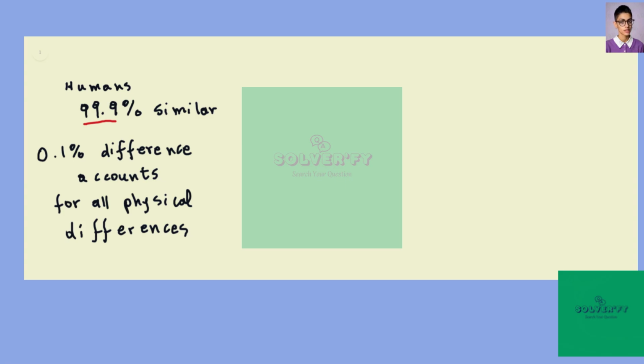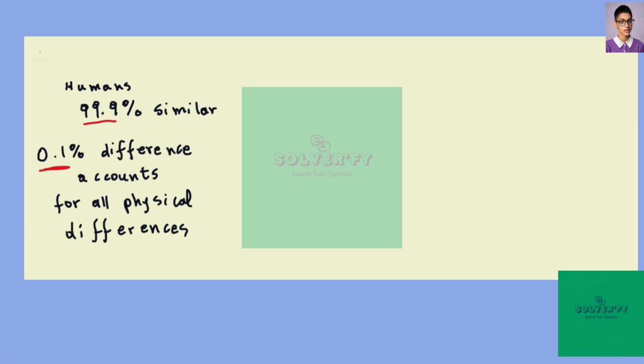have an identical sequence. That means that a difference of 0.1% accounts for all the physical differences in humans, be it eye color, height, metabolism, anything that you can measure and that is under genetic control is accounted for by a 0.1% difference. Now, you want enough difference in the genes of different people to have genetic variety, so you have different alleles